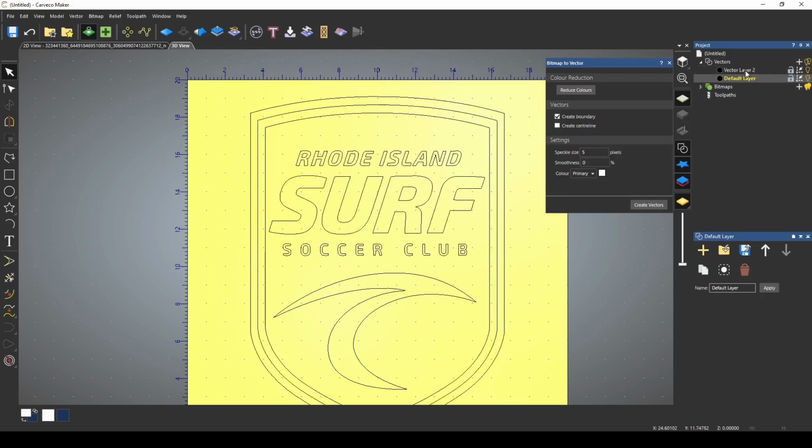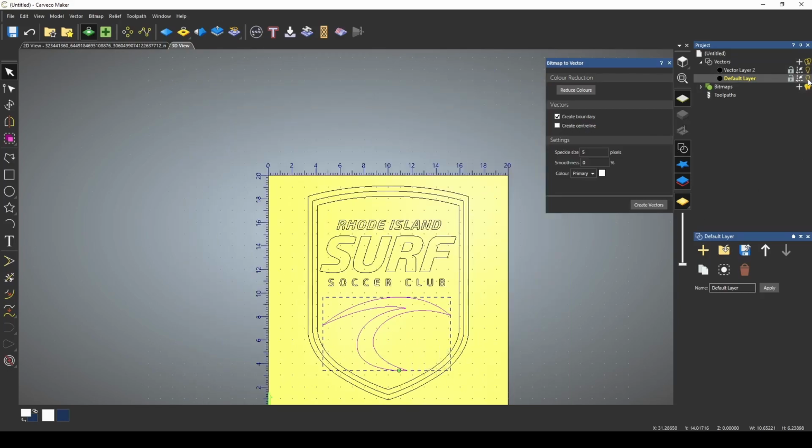Now note that whatever layer you have clicked on is the layer you're working in. So if you're clicked on vector layer 2 and you start altering here, it's only going to affect this here. So you have to be aware of what layer you're working in when doing this. That's the only caveat to having different layers. But it's a good way to separate these elements if you only want to work with parts and move something out of your way and then maybe bring it back in a minute.